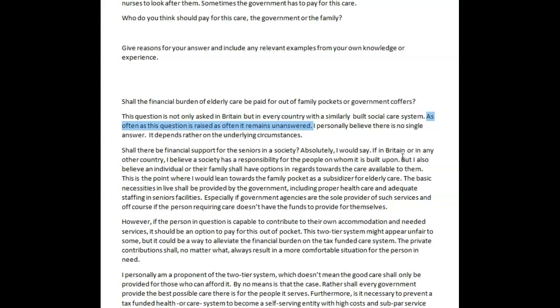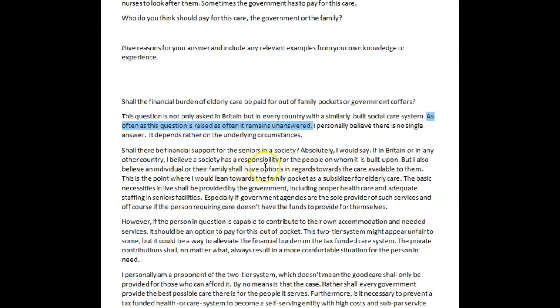Especially in an essay where you're trying to show your English language skill. So if you want to use something like "but" and you want to be grammatically totally correct and maybe a little conservative, use "however" or use "yet." Okay? So you could have said, society has a responsibility for the people on whom it is built. Yet, I also believe an individual or the family, not "shall," stop with the "shall,"